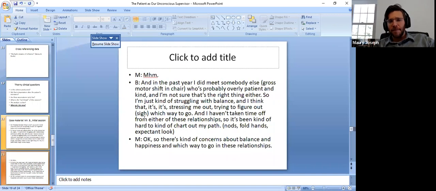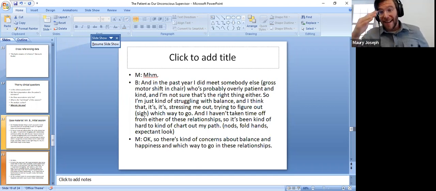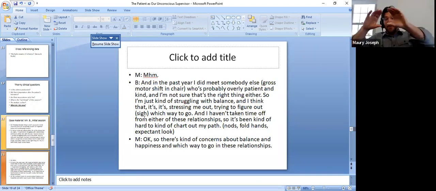My intervention is, and in the past year, I did meet somebody else, and then he does this, and it's very pronounced in the recording of it. He goes, huge gross motor shift in the chair, which again, I look at, and I think most ISTDP people would look at, as a psi equivalent. In the past year, I did meet somebody else. So clearly there's something anxiety provoking about sharing this next level of detail,